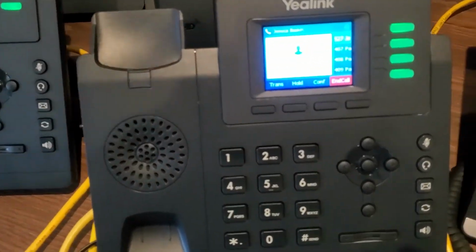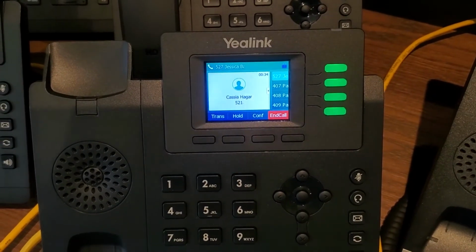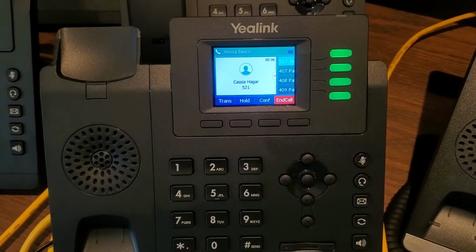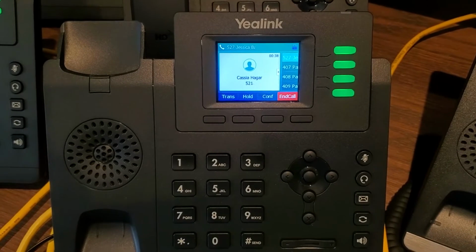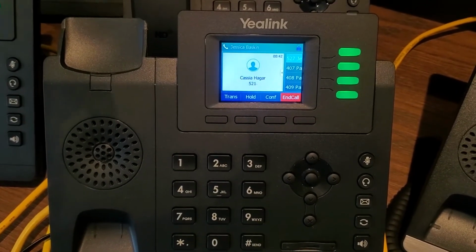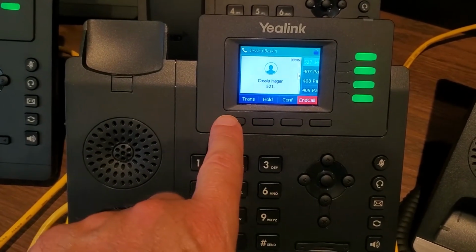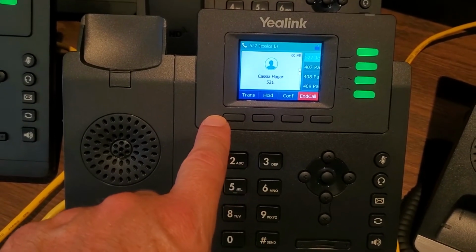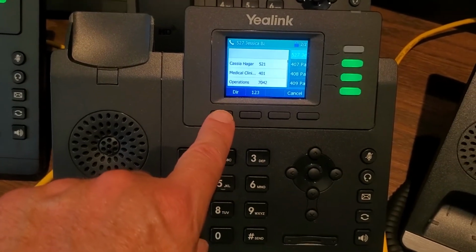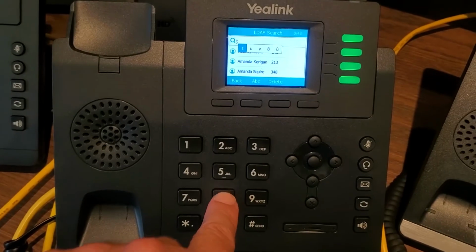Now let's suppose you needed to transfer this call, but you didn't know the extension number of the colleague, but you know their name, of course. There is a directory where you can scroll and also type in the letters of the person's name. Let's say I want to transfer this to Tammy. So I would go transfer, and then I would push directory. And now I could just start typing some letters in here, like